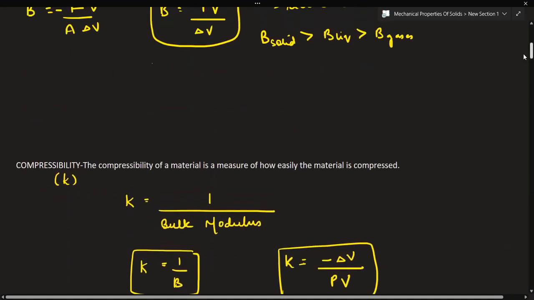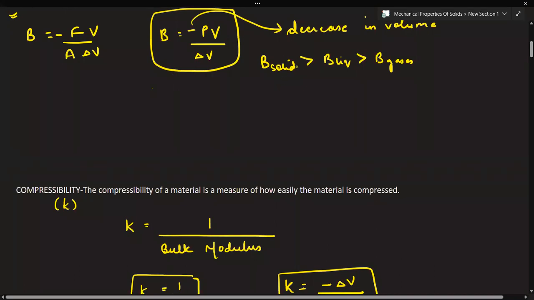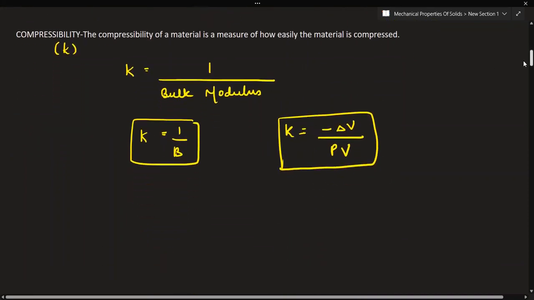Now see, I have made you write this comparison that bulk modulus of solids is high and bulk modulus of gases is low. Since compressibility is the reciprocal of bulk modulus, the comparison for solids, liquids and gases will also get reversed. This means that gases are highly and easily compressible. So K for gases would be larger than compressibility for liquids. The compressibility for solids would be least, and you can observe this also. Compressing a solid is harder than compressing a gas. Compressing a gas is much easier.